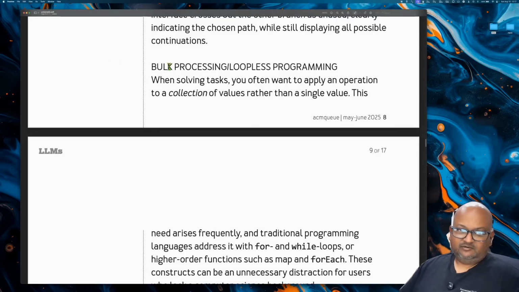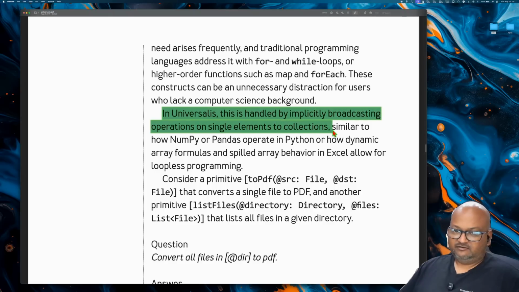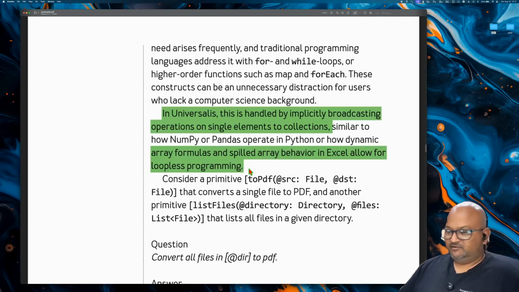What's the next thing you want to build after conditionals? It is for loops or while loops. And there's a very natural way of doing loops by applying a computation to a collection of data rather than a single element. This should be pretty familiar from spreadsheets, because if you want to apply the same formula to an entire column of numbers, you'll typically just put the formula in the first row next to your first number, and then you'll just drag it down to apply the same formula to the rest of that column. So this is just like spilled behavior in spreadsheets.